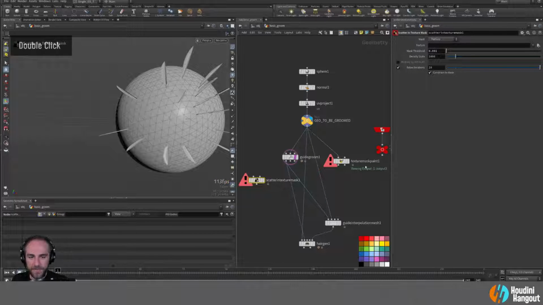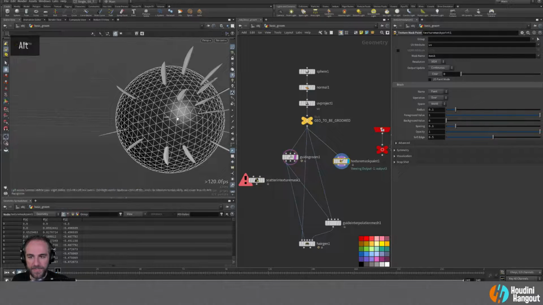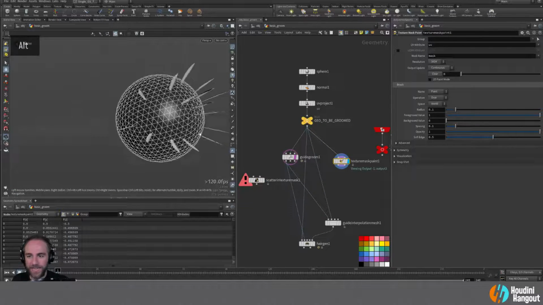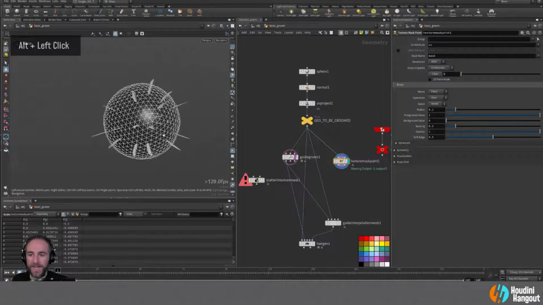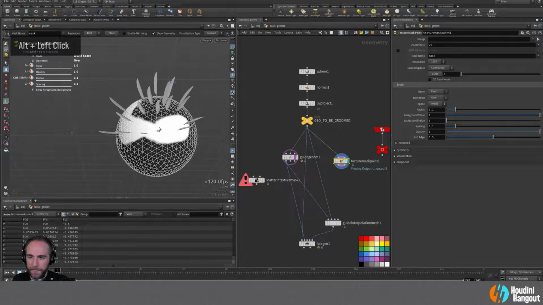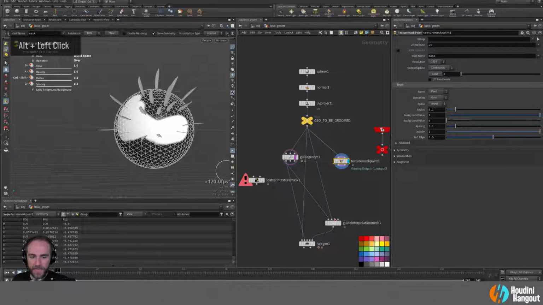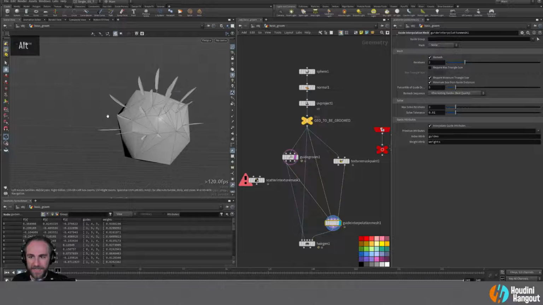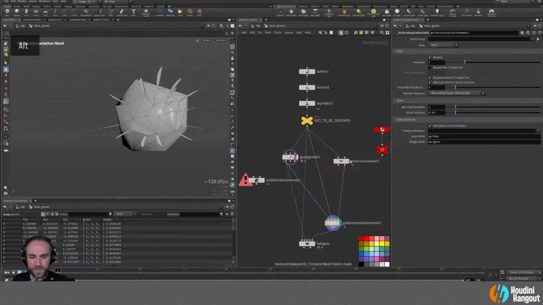What we can do here is take our geometry, just like we did before, and paint it. We can look at where these guides are and give ourselves a limit of where the guides are going to be. So we can paint along here like so. One of the interesting things is that this last input is for masks. So if we do mask volume here and take a look at this, we can see that this is going to